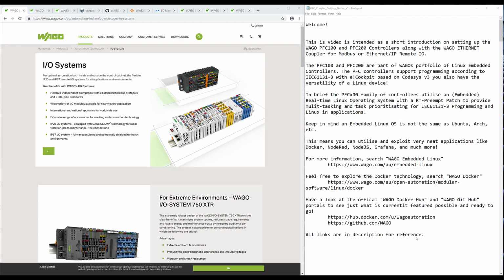The PFC controllers support programming according to the IEC standard 61131-3 with WAGO's e!COCKPIT solution, as well as operating as a versatile Linux device. In brief, the PFC range of controllers utilize an embedded Linux real-time operating system with a real-time preemptive patch to provide multitasking and task prioritization facilities for your programming and also Linux applications to run in parallel. One thing to keep in mind, an embedded Linux OS is not the same as a typical Ubuntu or